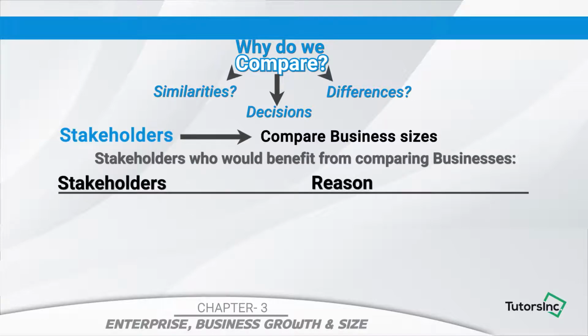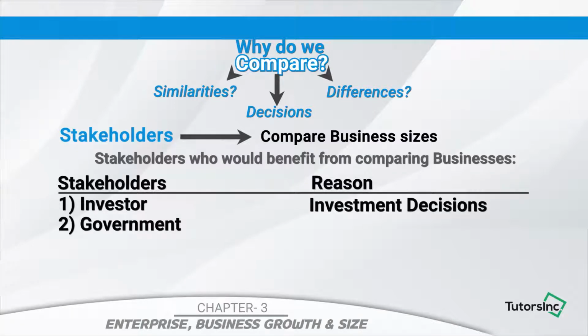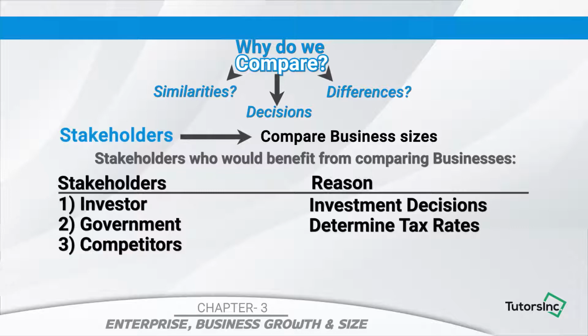First up, investors. They would want the information before deciding which business to put their savings into and invest. Then we have the government, who will use the information to determine the tax rate. Next, we have an obvious stakeholder in competitors. They use the information to make a competitive analysis for their own businesses and figure out ways to outperform their